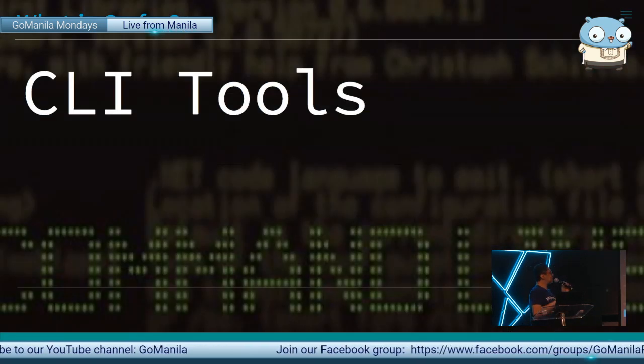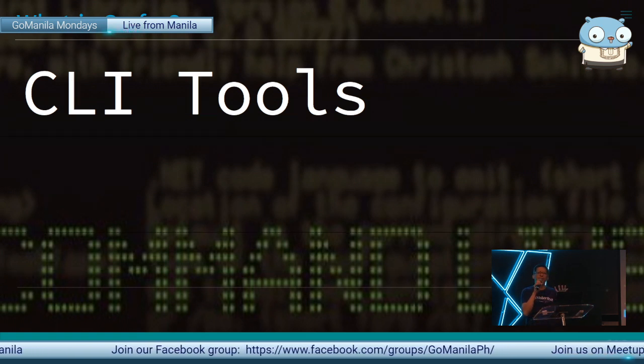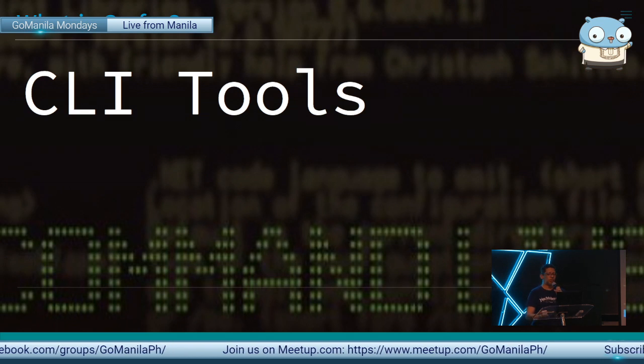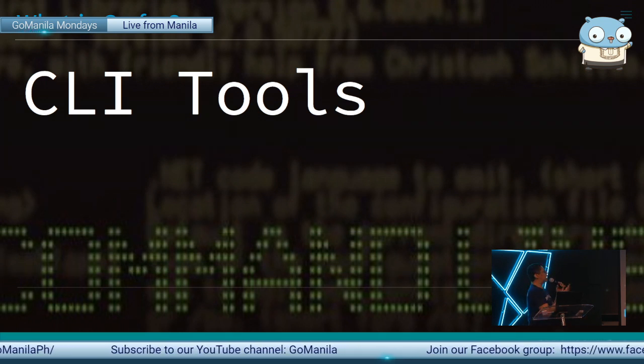And for CLI tools, I don't know if we've given a talk about how to do CLI programs in Golang. We should give one in one of our future events if we haven't done so already. But this is another area where Golang shines. It's excruciatingly easy to write a CLI for whatever you want. And as a matter of fact, one of the examples that I'm going to be talking about later has to do with a CLI.